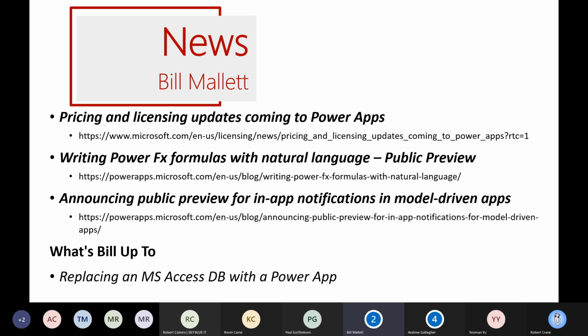First thing I want to make sure that everyone's aware of is the fact that there are pricing and licensing changes happening to Power Apps, and these are very important changes happening on the 1st of October. You can use Power Apps for free to a limited degree, but if you want to really make the most of the power of it, you do need Power Apps licenses.